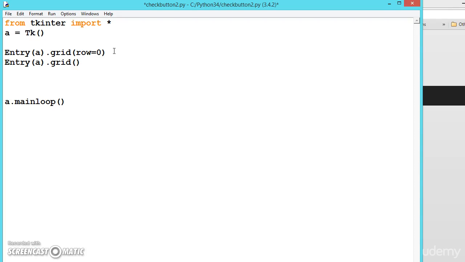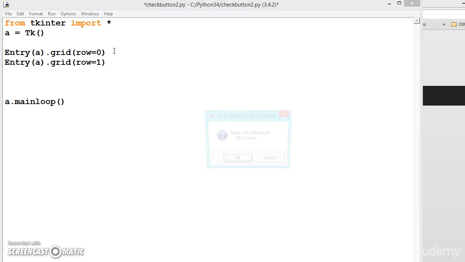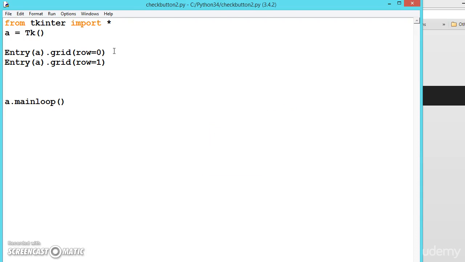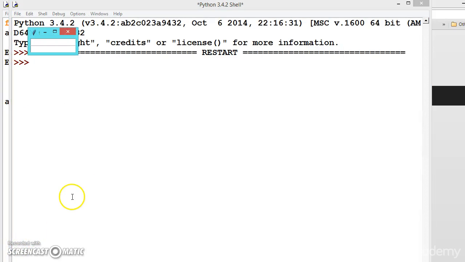Let us say grid and row is equal to 1. Let us see now. So we have created two text entry boxes.